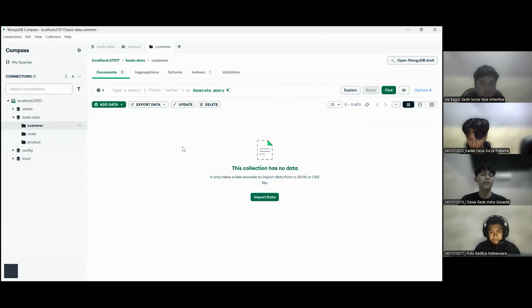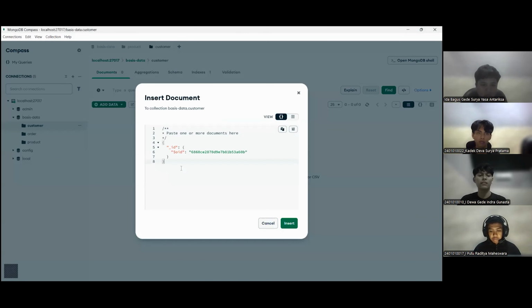Okay, to add data here, for example in the customer, you can click here, add data, insert document. Okay, you can edit here. The syntax, you can follow it like this syntax, but I will just copy it from my own.